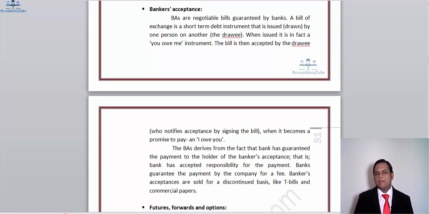Here what happens is you go to the bank, and in the transaction, I will be paying, for example, $100,000 for the goods being delivered to me. For example, I'm importing something, so for goods to be delivered in the UK from the USA, I'll be paying $100,000. Now here, neither party knows the other. It could be that I will pay and the goods never arrive. So the risk is eliminated by involving a bank.